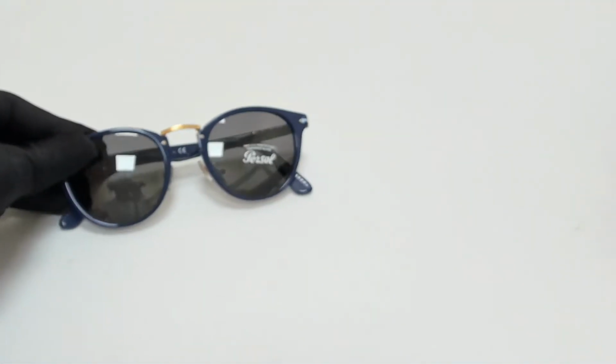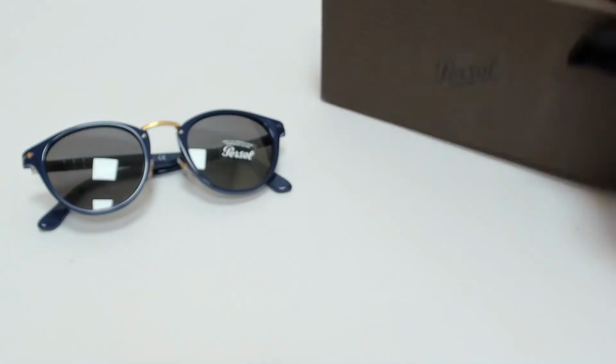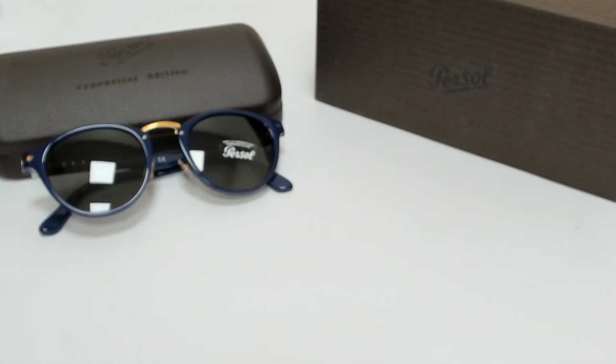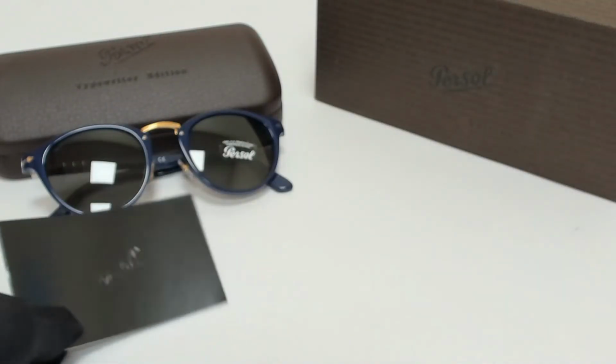The glasses come with a box, a case which color and style may vary, a card of authenticity, and cleaning